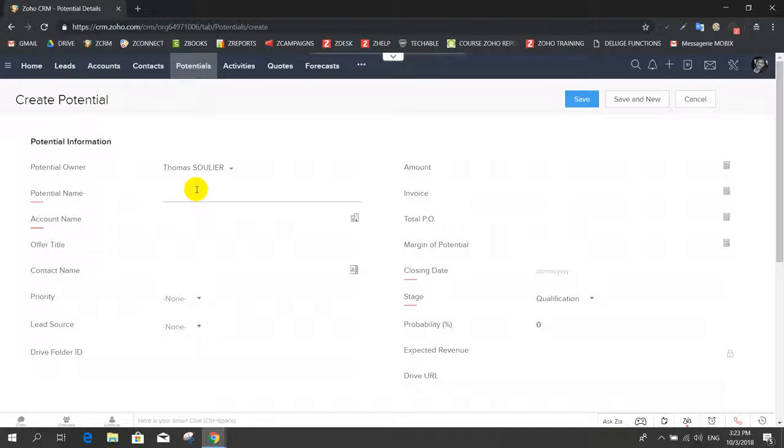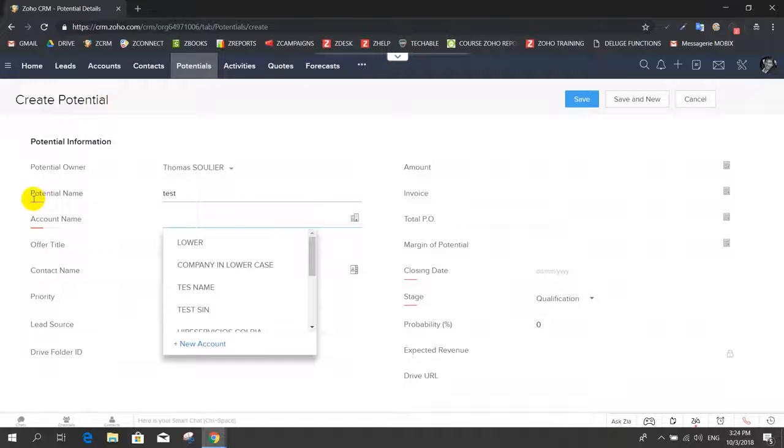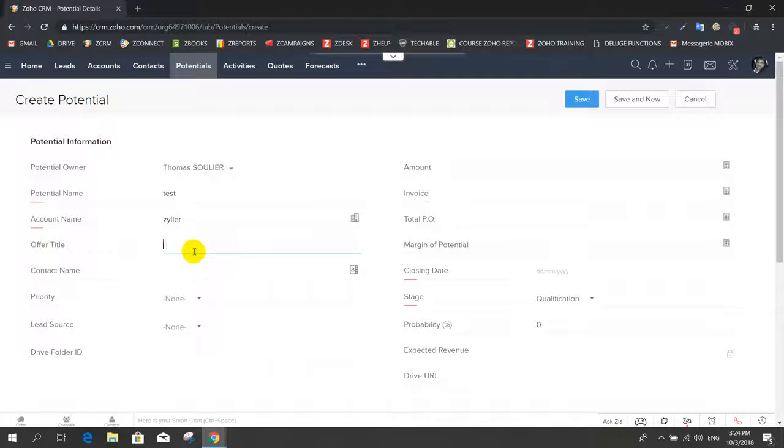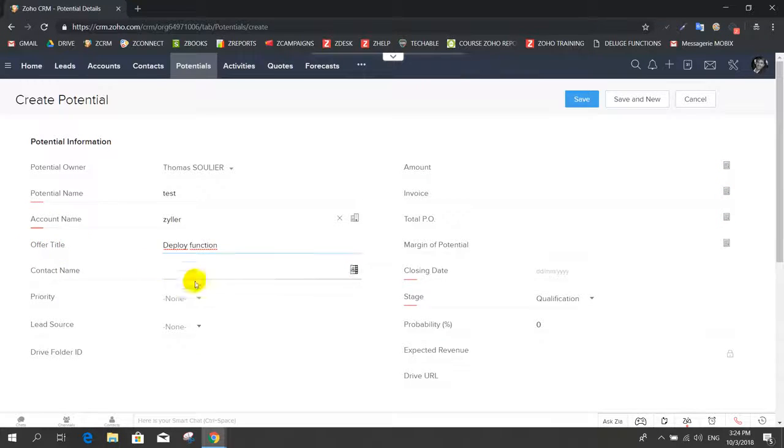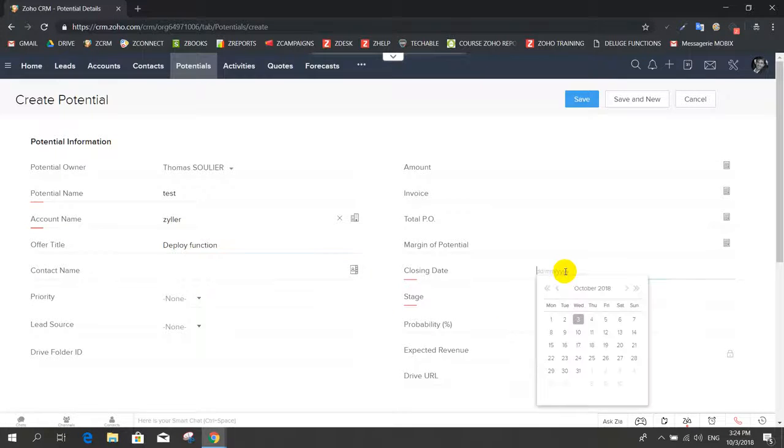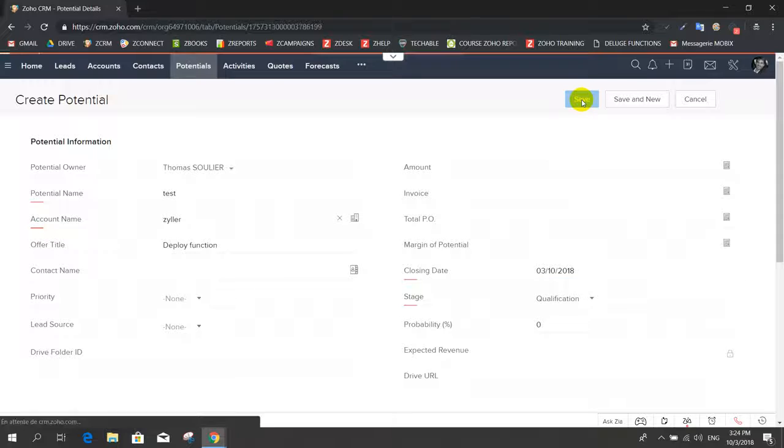Here we're going to create our potential. So the name, this is the field that is going to be created automatically. So we put test here just to achieve the required field. We're going to create it for the account, let's say this one. And the offer title, we're going to say deploy function. So the way it is configured is that this potential will always have the name of the account and will always have this field, the offer title. And it's going to have an auto-numeric number that is generated automatically. So let's put the closing date here. And when I save this,